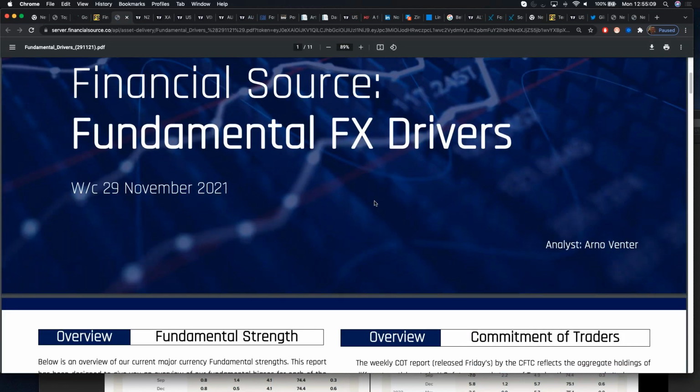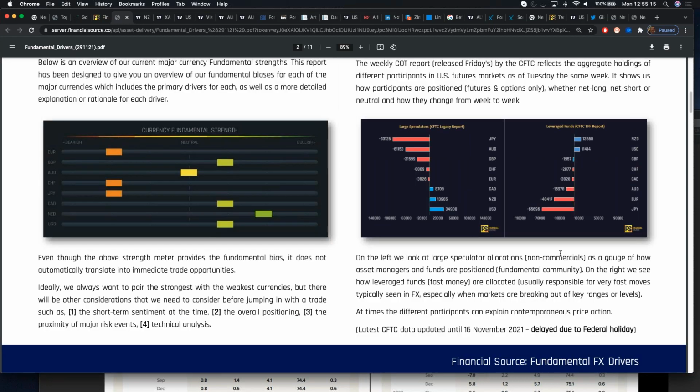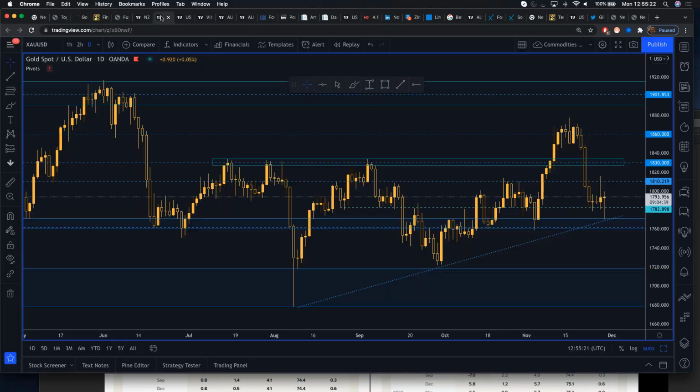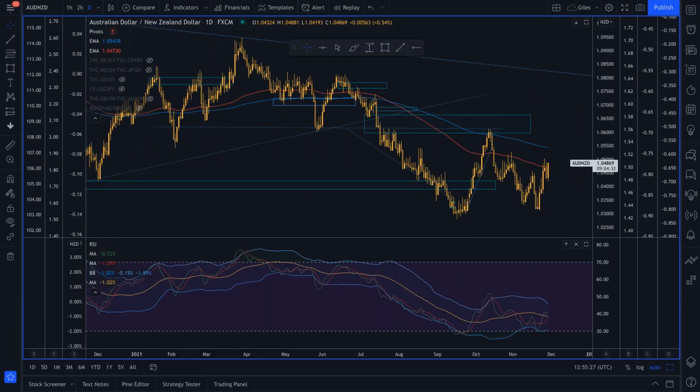Now, I don't think we got the COT report out last. Yeah, the latest one was delayed for federal holidays. But you can see, look, the Australian dollar has been heavily sold, and it's been heavily sold on a number of different issues. There was the worst COVID-19 situation in Australia, the slowing growth in China, and a large drop in iron ore prices. All of that weighed on the Aussie dollar. Okay, but the problem is, Josh, a lot of that bad news has almost been priced in.